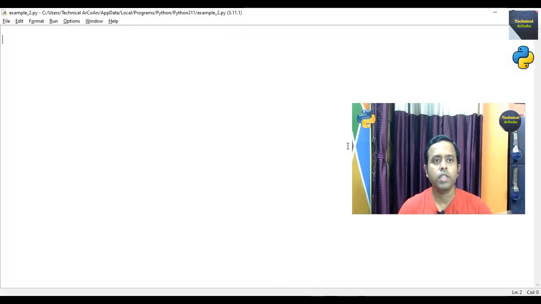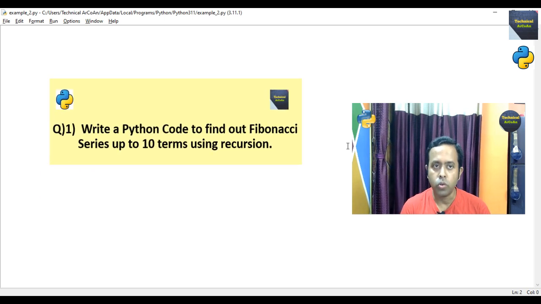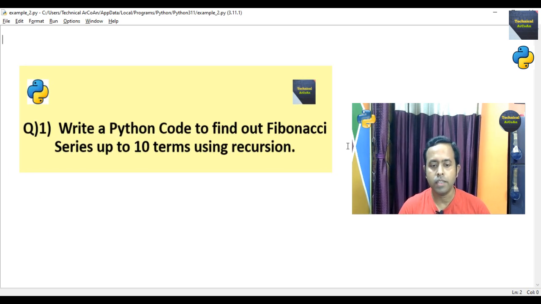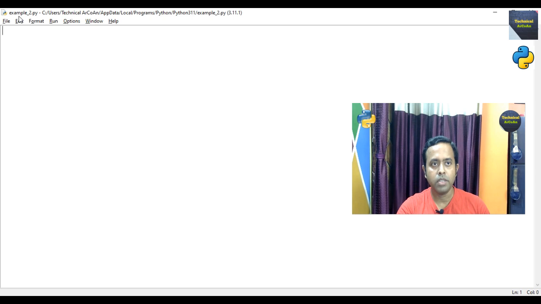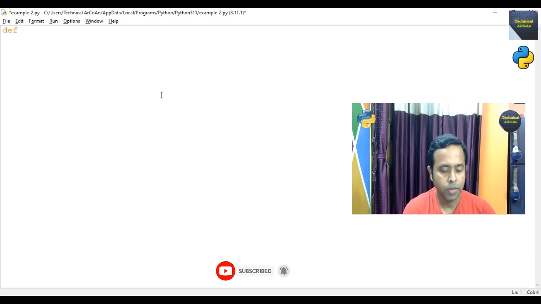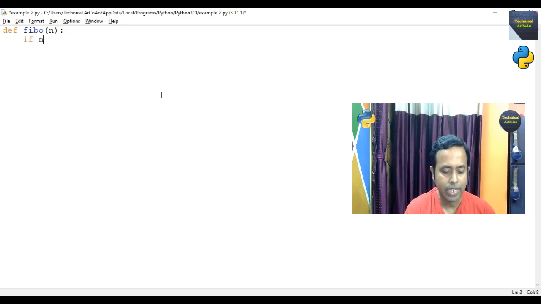So friends, I'm just within the Python IDLE, and here I will write the code for different examples of Python. Okay, so the first problem is: write a Python code to find out the Fibonacci series up to 10 terms using recursion. Here we write the code, already saved in the file named example_2.py. We take a user defined function, the name is Fibo, so just write def Fibo and put the argument n, and within that we check at first if n less equal to